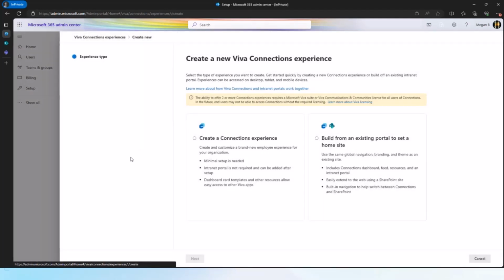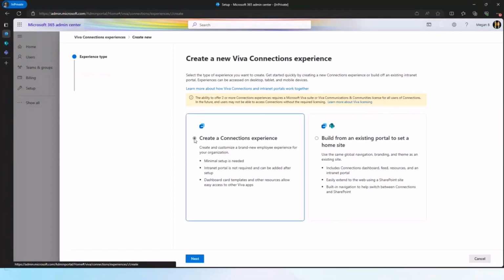I'll quickly click on create new. And these are the two options that we just saw on the slides. There's a reminder that 2+ is a premium feature. This only shows up if you don't have the premium service plan, which I don't in this case, and that's why I'm getting this warning here that I need to have the premium service plan. And then I have these options to create the experiences.